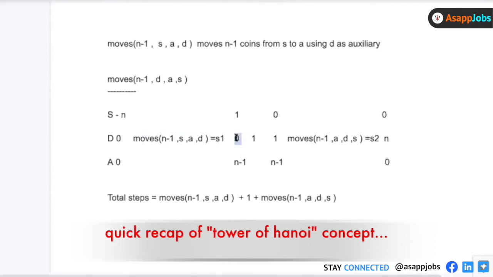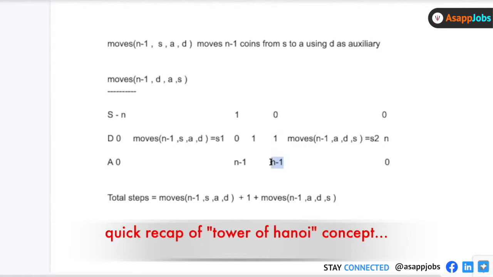Now, okay. So now my problem has reduced a bit. I have moved a few of the coins from S to A. Now what remains in S is the largest coin. The bottommost coin is the largest diameter coin. So that should go to the bottom of D also, right? I move that 1 point from S to D. So after this one more single step, S now has 0, D has become 1, and A was already having n minus 1. So I have not made any change in A. So now after this one more step, S has 0 points left, D has the one largest coin on it, and A has n minus 1 points, right?